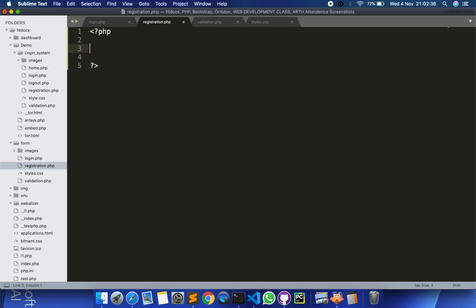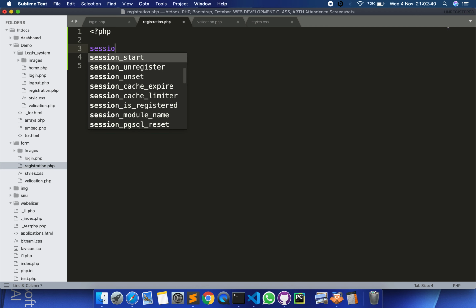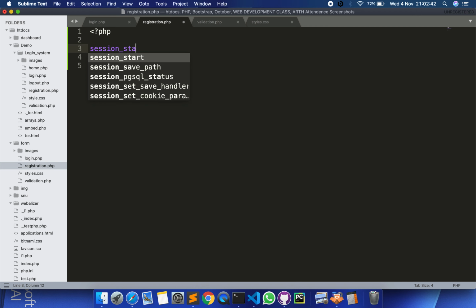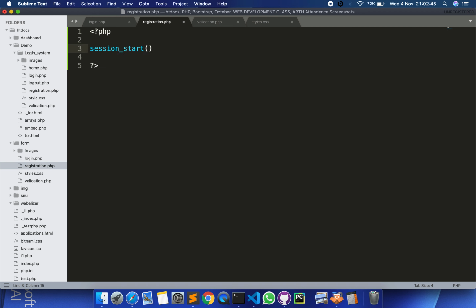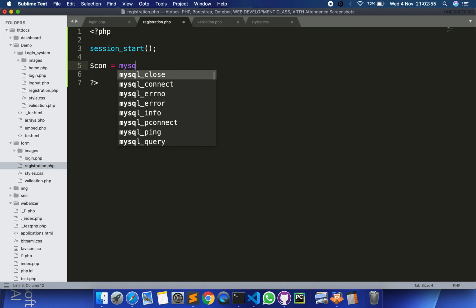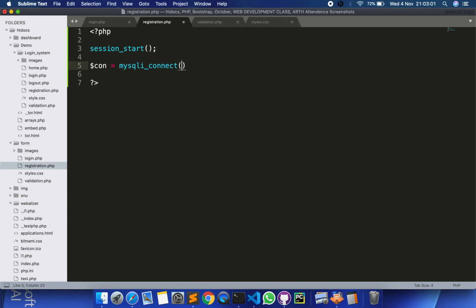Okay, so first thing we need to do is start the session, session_start. It's already a created function. Next, we create $con, a variable where we'll be storing our details, and we'll be connecting with the MySQL instance, mysql_connect, and this by default takes two arguments.